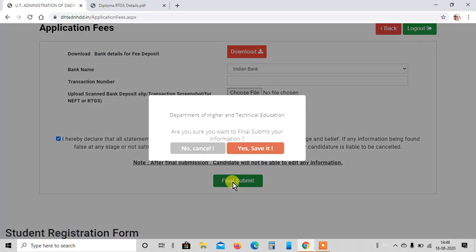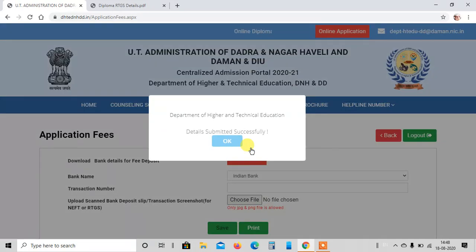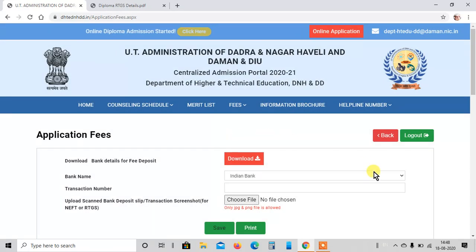It will ask, are you sure you want to final submit your information? Click yes, save it, and your application will be submitted successfully. You will get the message that details submitted successfully. So this is how you have to submit your application online.